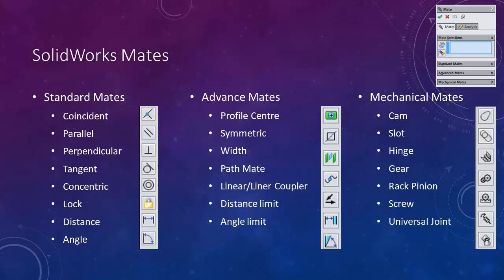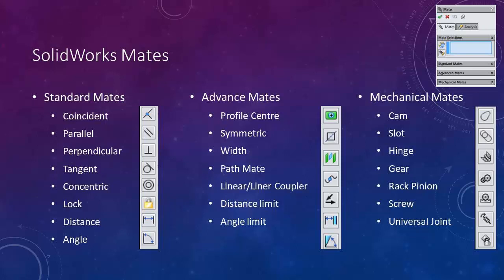Concentric, you're going to cover a lot of concentric mates together. Concentrics are usually holes. Now, you usually have a lot of bolt holes bolting each other together. Bolts and the holes that they go to, concentrics are the ones that we have there,